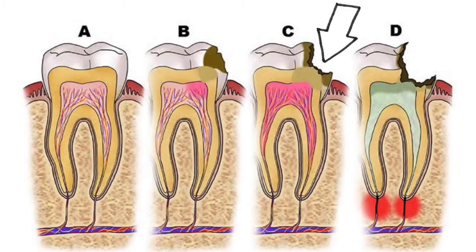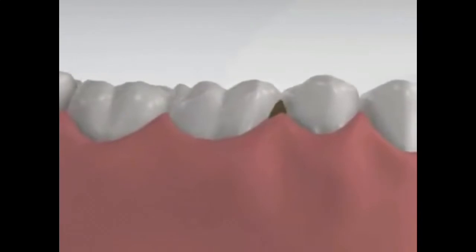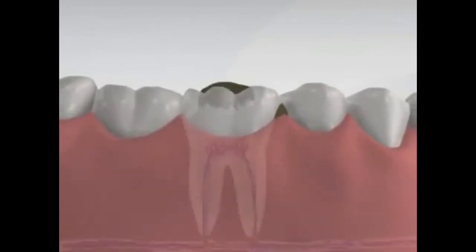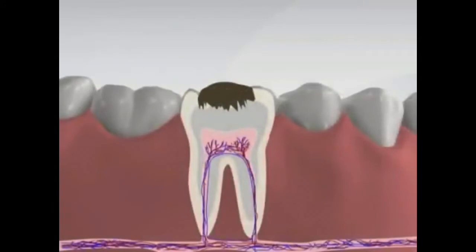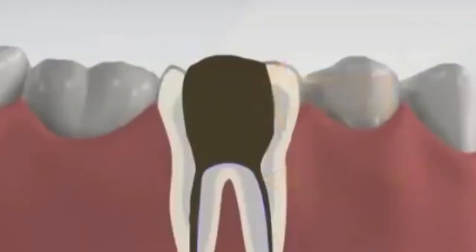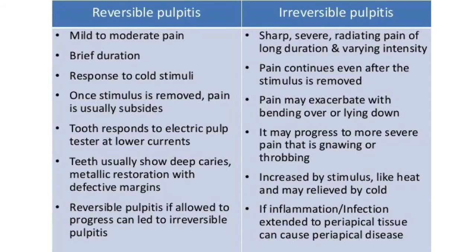Let's talk about symptomatic irreversible pulpitis. The pulp has been irreversibly damaged beyond repair, and now the removal of the stimulus is not going to revert the pulp back to its normal state. It's a symptomatic condition, and when seen microscopically, you would see microabscesses but intact nerves. That is the reason why it's very, very painful. It's usually characterized by spontaneous pain or continuous pain. By spontaneous, I mean it's an unprovoked kind of pain. It does not need any stimuli, and it can wake the patient from sleep.